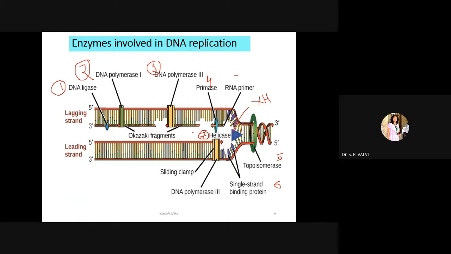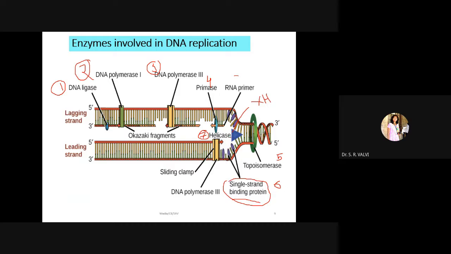Now the next is the single strand binding protein. What it does is coat around these DNAs, right? It attaches to the separated DNA molecule, and this happens around the replication fork to prevent the rewinding of this DNA. So this unwinding is stopped with the help of the single strand binding protein, right?